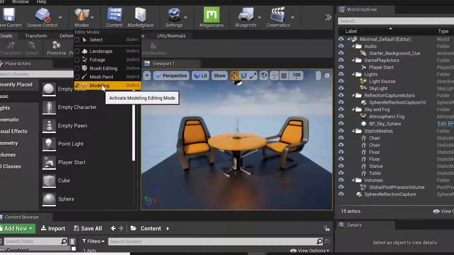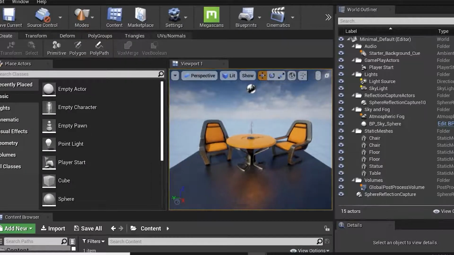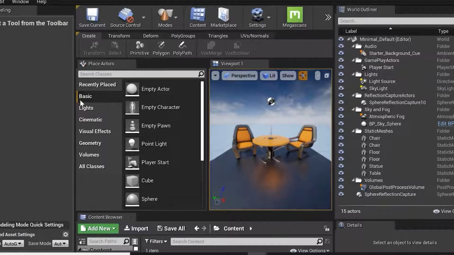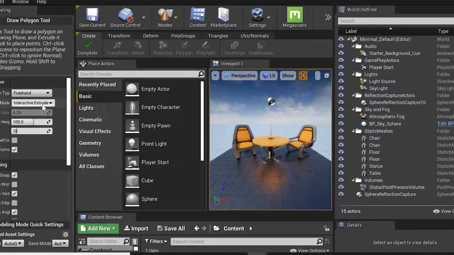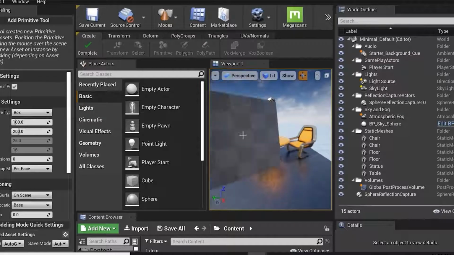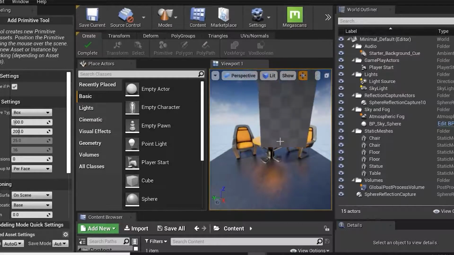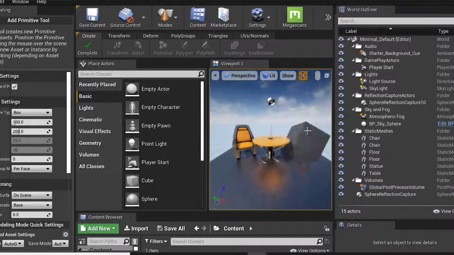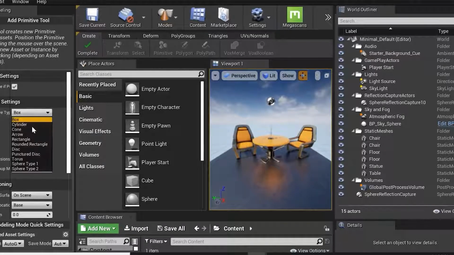Now in the mode we have the different options. If I just drag my move over here, actually I'm using multiple screens, right? So I just minimize the viewport. If I say polygon, click over here, here we are getting freehand, interactive, extrude, circle, square, we have the complete primitive tool. If I want to add, you can see over here this is already snapped. Here I do not need to do a snap, this comes automatically.